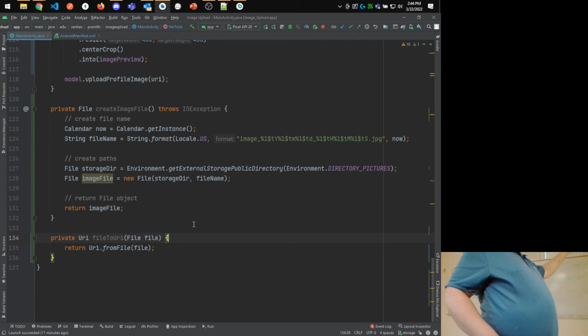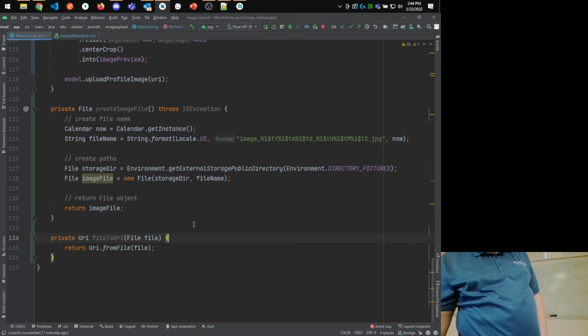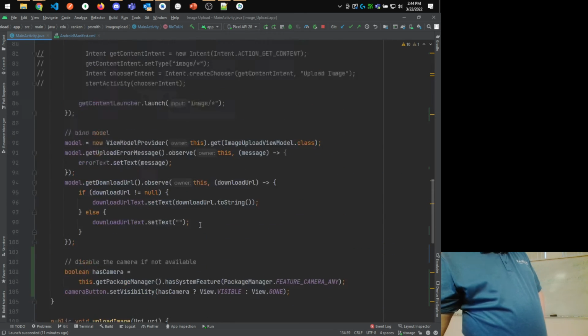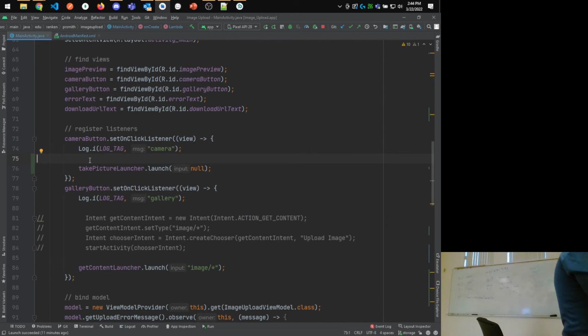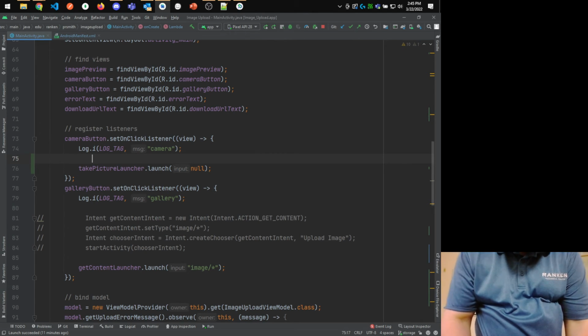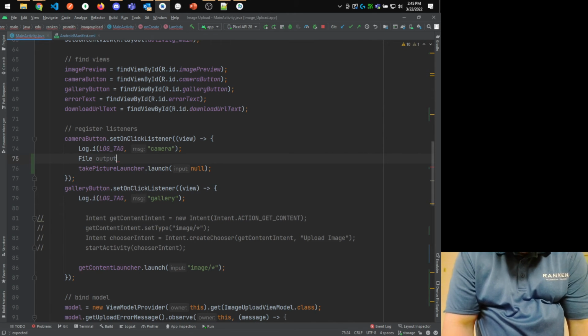So I've got kind of two steps there, right? So I can create a file object and create the file, and I can also create a URI from that file. Okay. So what I want to do is when the user clicks on the camera button, I need to generate a URI that is going to be where we output the file, right? So first steps first is I'm going to say, hey, let's make a file. We'll call this the output image